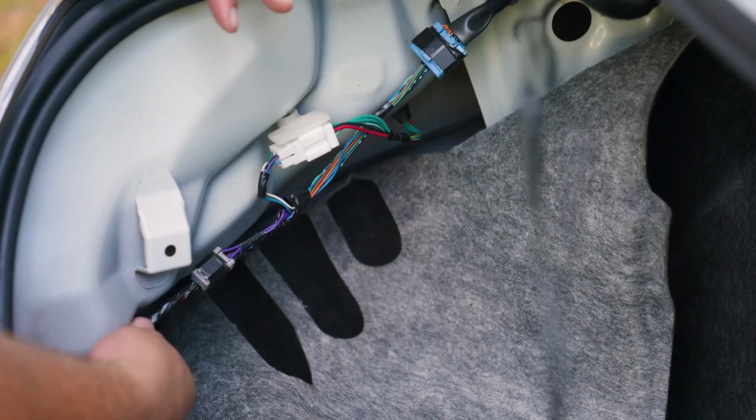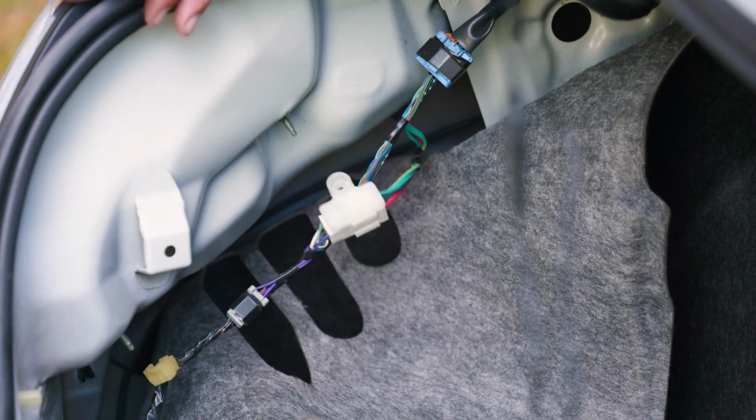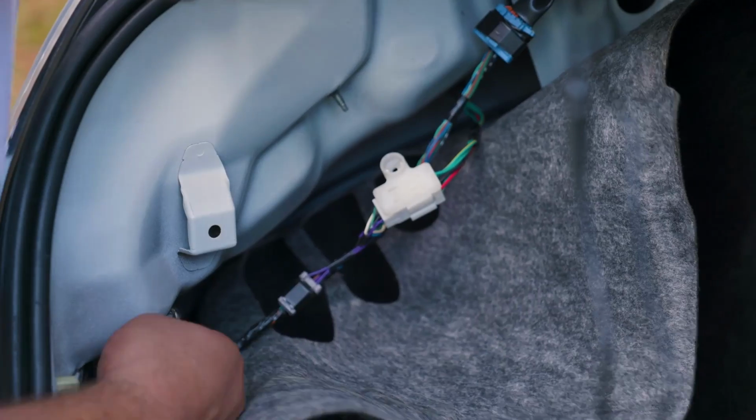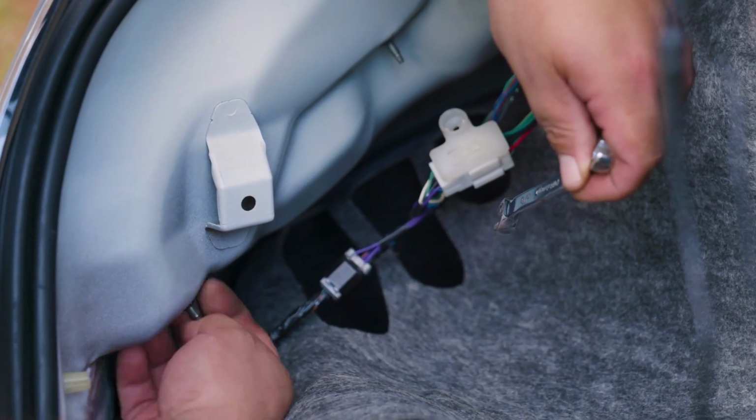In some, you just open the trunk and you can see them. In this one, we have to remove some clips and some covers. Once we have access to the body, we have two nuts that hold the set of light in place. We go ahead and remove those using the ancient technique of lefty loosey, righty tighty, and we do that by